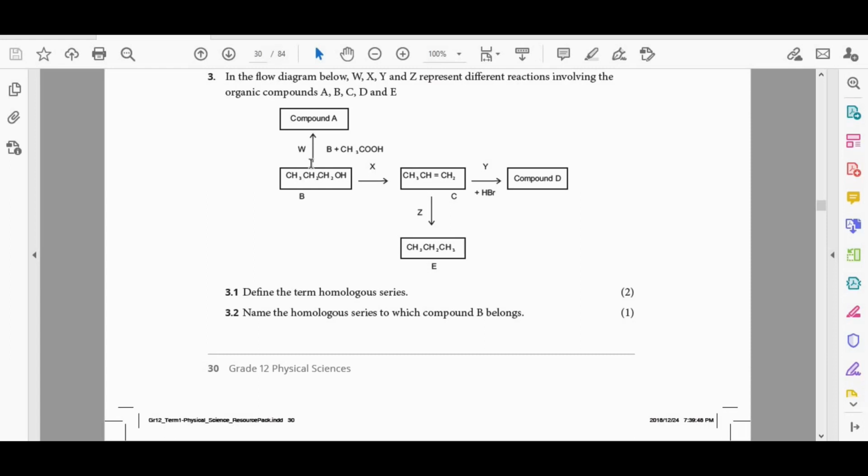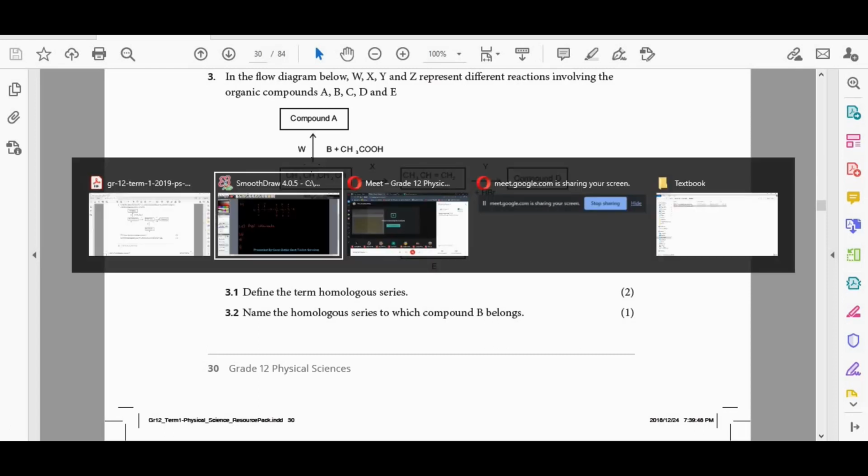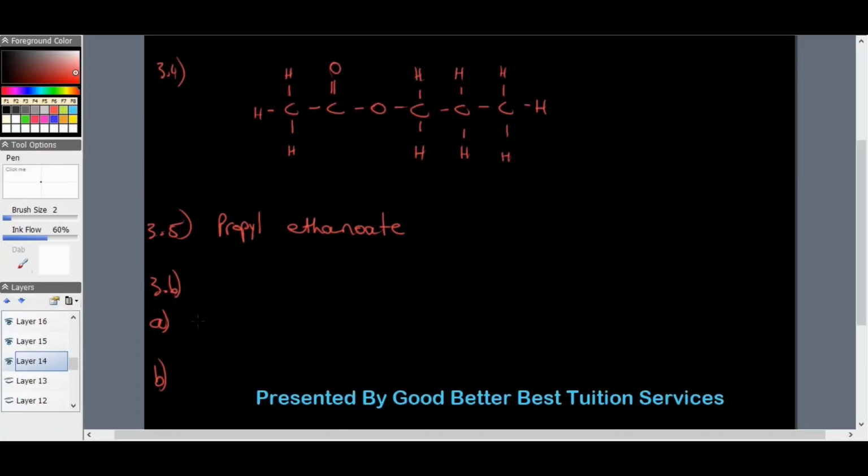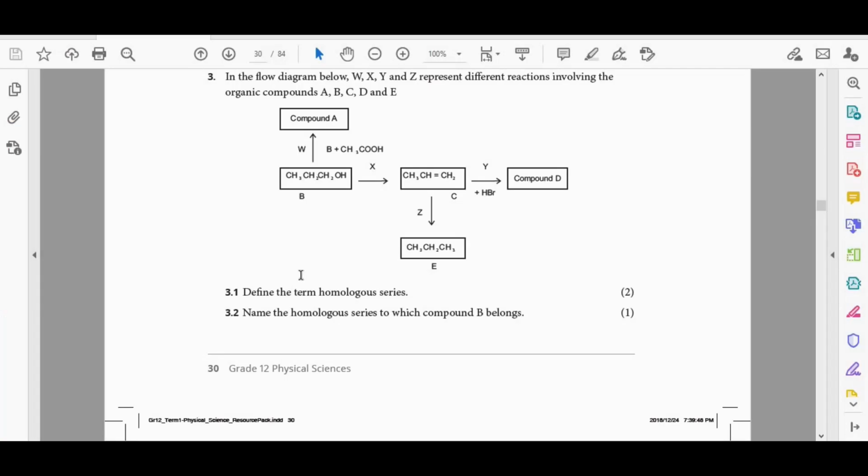There's a catalyst used in esterification that hasn't been specified or written, but the name of that catalyst, if you remember from my notes, is concentrated H2SO4, so I'm putting brackets conc for concentrated, H2SO4, sulfuric acid,